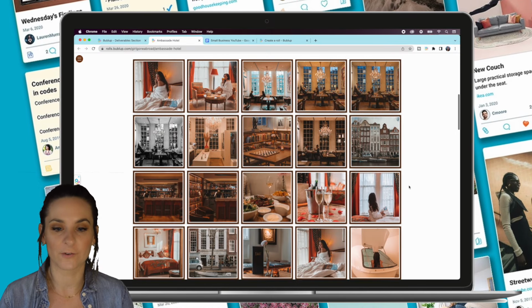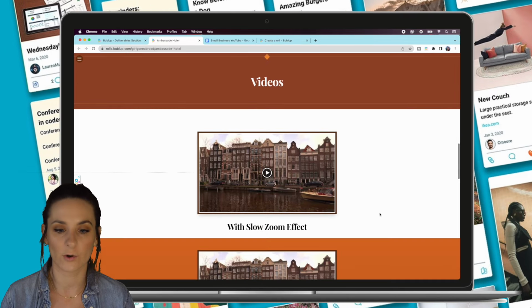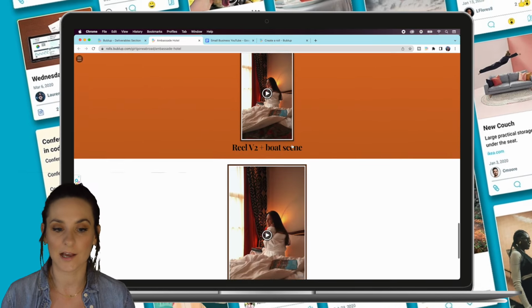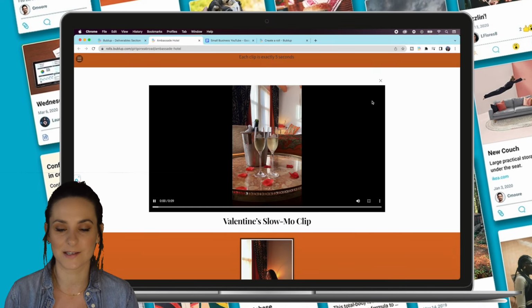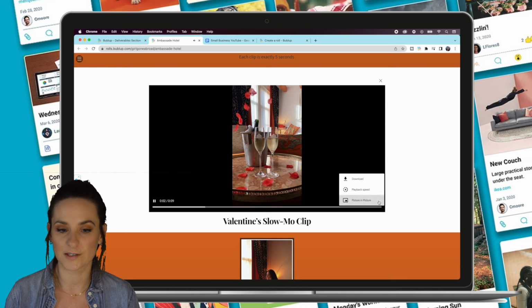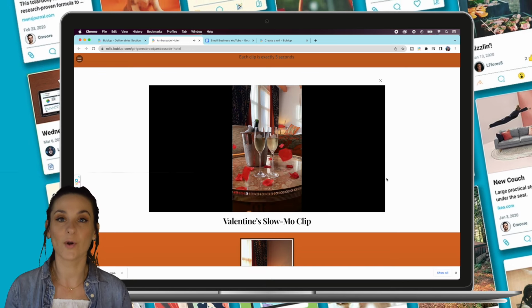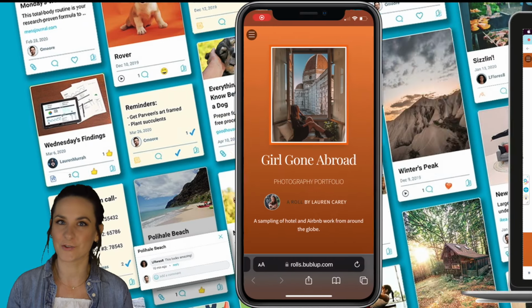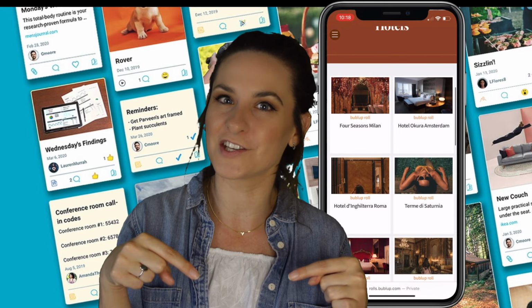Save the content in a folder and then create a role. It's an instant website that beautifully organizes the content under a single URL. Clients can download the content straight from the role itself, and they will be oh so impressed. For step-by-step instructions, you can check out our blog post linked below. Pro tip: a role is an excellent way to create a portfolio of your work when you're out there pitching to new clients. I've also created a video on how to do this, and it is linked in the description.